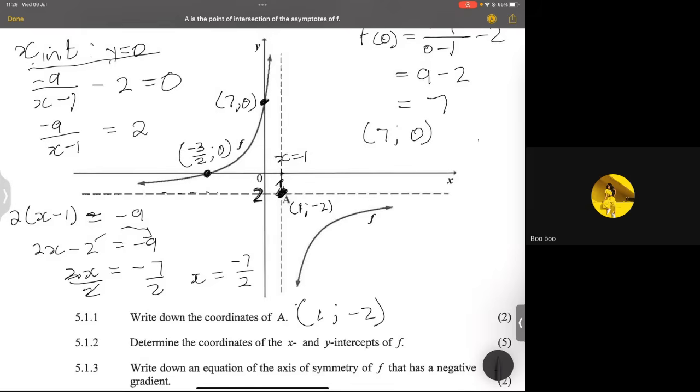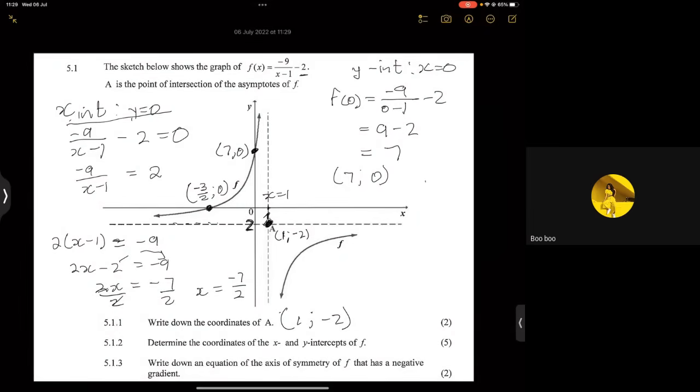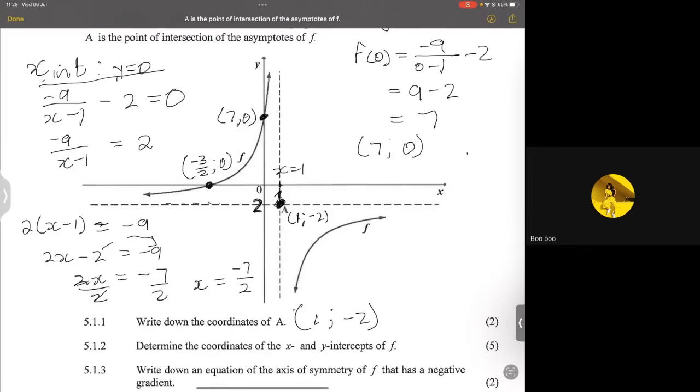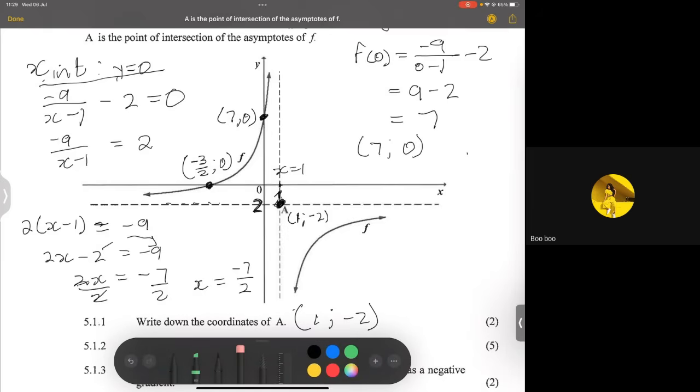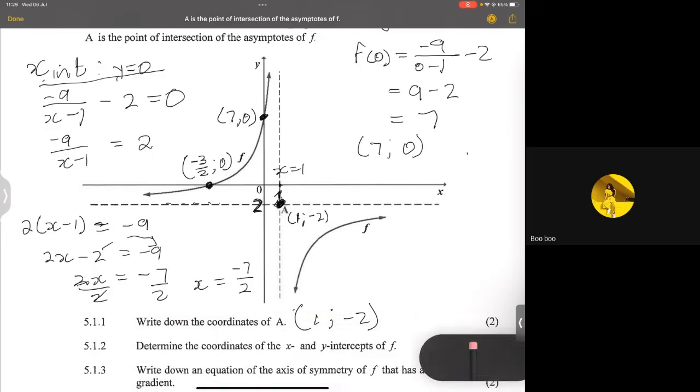Now, this is the part I wanted to tell you about when it comes to the hyperbola. Ooh, I just made a mess, man. Actually, I should have erased that part. So it's going to save it because I didn't remove it before. Okay, so the hyperbola, please, I want you to remember this, has got two axes of symmetry. Okay, I'm going to draw them in different colors. So it has an axis of symmetry